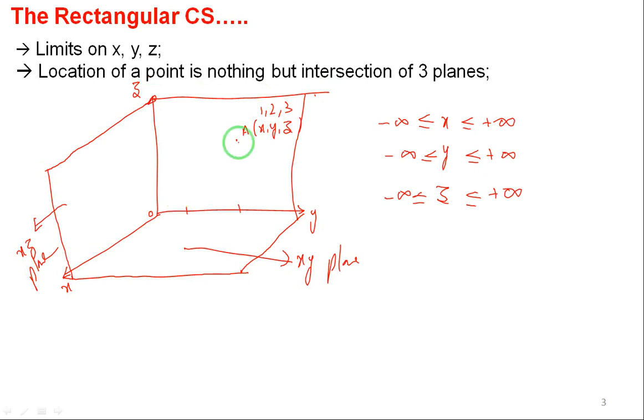This is the XZ plane. Then next I am left with the last plane, that is the YZ plane. What is the coordinate of x? It is 1. So the YZ plane should come in front, that is it should move along the x direction by 1 unit, so that the XY plane, YZ plane and ZX plane have moved by the corresponding units in the x, y, z directions, so that it is an intersection of three planes. This point A is nothing but the intersection of three planes. So this holds good for other coordinate systems also. So this was left out, so I have told this.